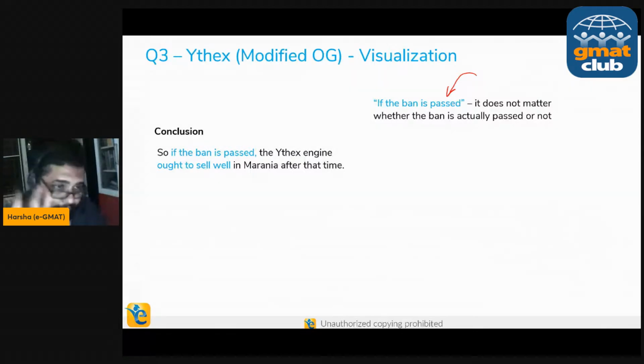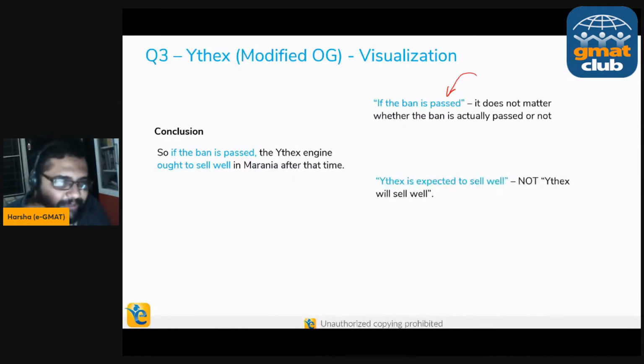So if at all you thought about an assumption which said that, hey, the author is assuming that the ban will be passed, you went wrong. That is not a valid assumption. Why? Because the conclusion tells you that the claim here is related to the situation if the ban is passed. Hypothetical. The second point that you should have got, and this is what I see a lot of students don't catch this,